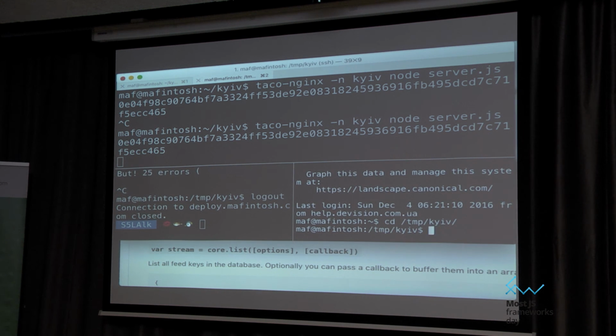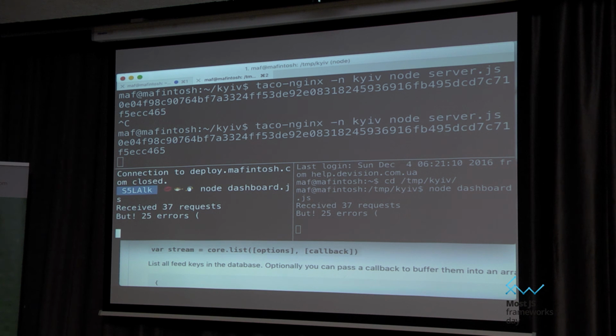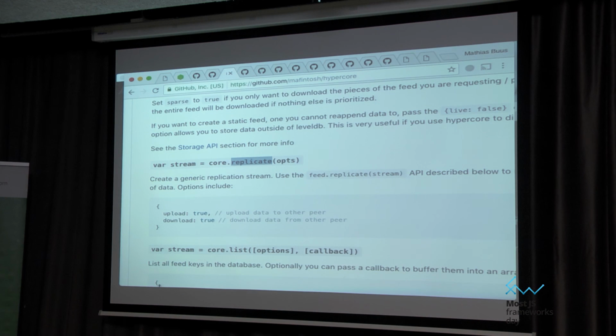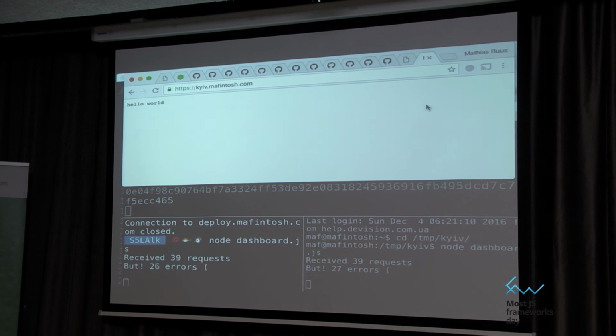So, final thing. This one down here is my computer. This over here is some random computer, and then we have our server running, and it's all live updated. Actually, it all forms a peer-to-peer network. My computer is connecting to this other random computer, and they're probably also connecting to the source, and they're all helping each other distribute the logs.